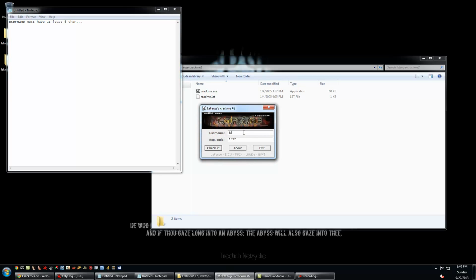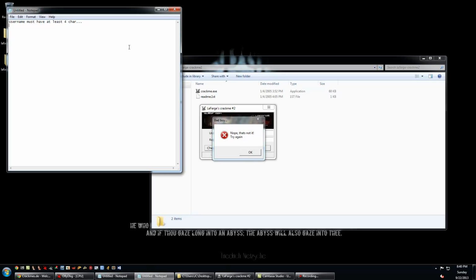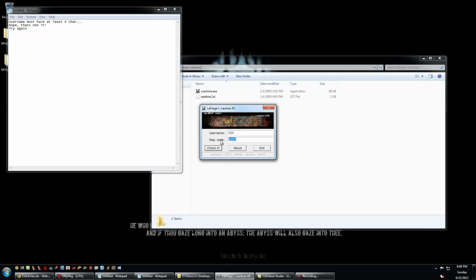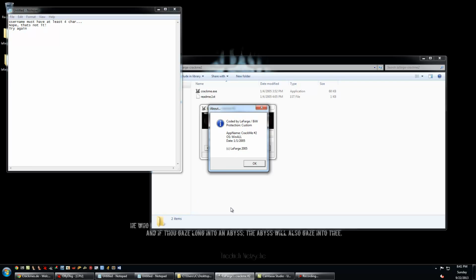Alright, so let's go ahead and work with that, and we'll make our username 4 characters long, and we'll try again. And we start getting error messages that that's not the right registration code. So again, we're going to record this because this will come in handy later. We can also see what happens if we leave no input. Okay. You can also try the About button, see the author's information, the date it was made,